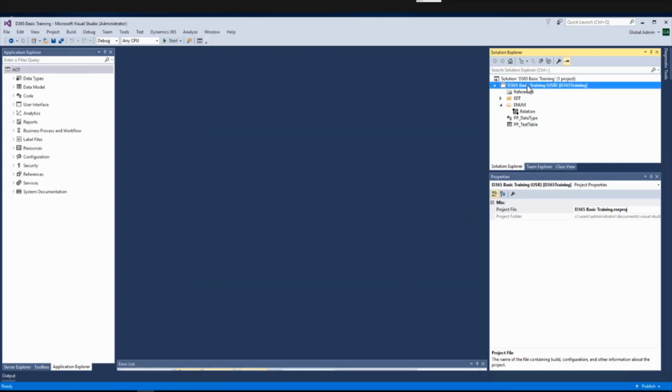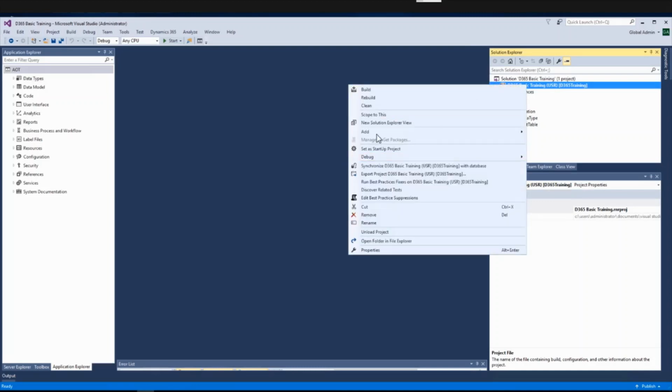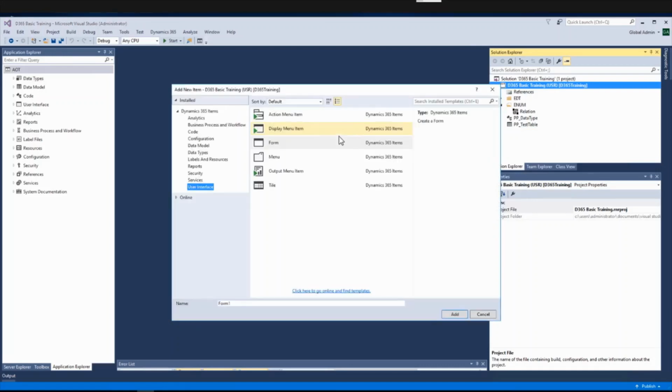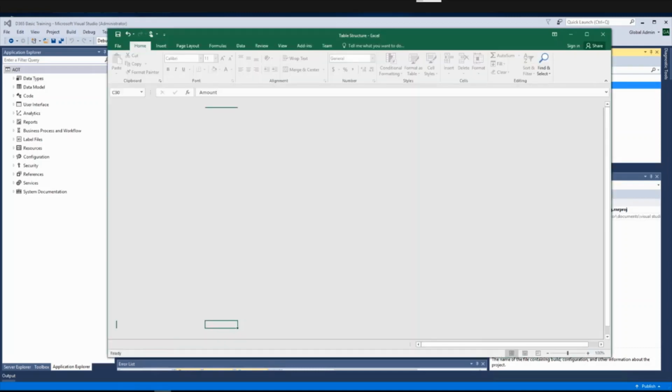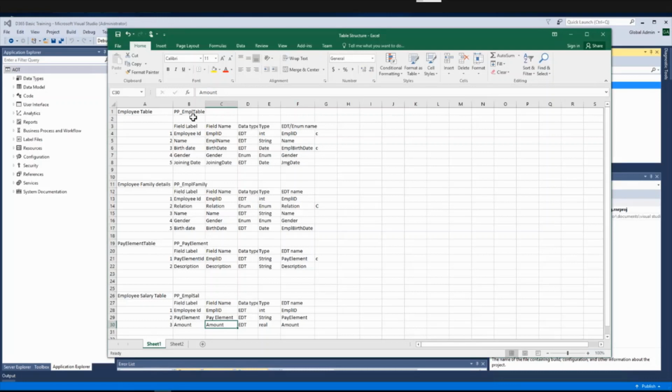Now I have to create one table: add new item, table. Let me see my table structure. I have to create the pp underscore employee table, and I have to create these five fields.